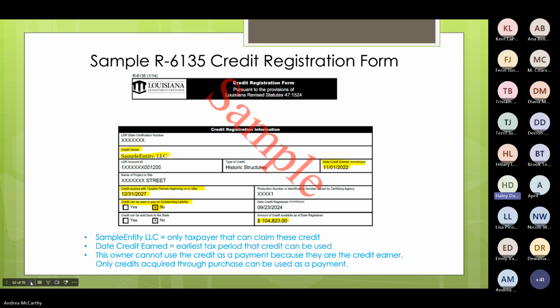Also on here, you'll see the credits can be used to pay an outstanding liability is no. Anyone who earns transferable credits doesn't have the option to use these as a payment. These are only allowed on the income tax returns. And the amount of your credit will be on the bottom of this form. That'll show your total amount of credits that are registered to you. On the next slide,